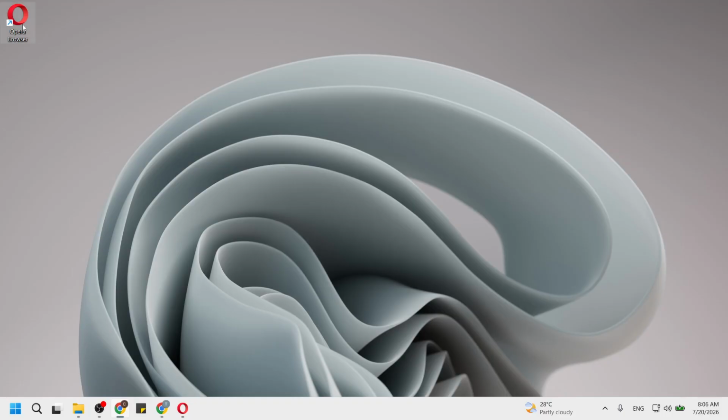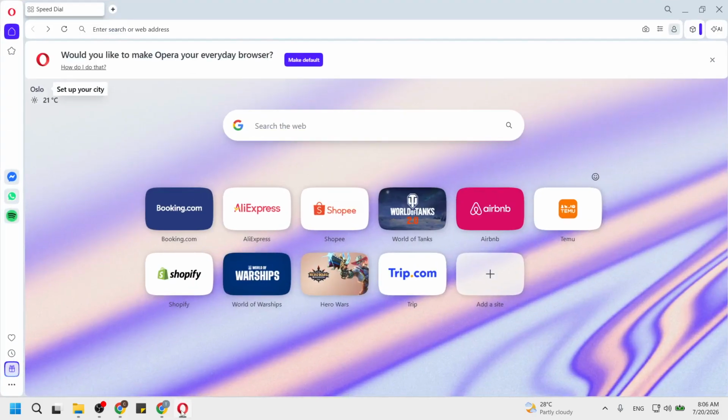You can do this by locating the Opera icon on your computer or device. It usually appears in your taskbar or applications folder. Click on it to launch the browser. Once it is open, you will see a sleek interface with a sidebar and address bar. This is important because you want to ensure that you're working within the correct environment to make your changes.